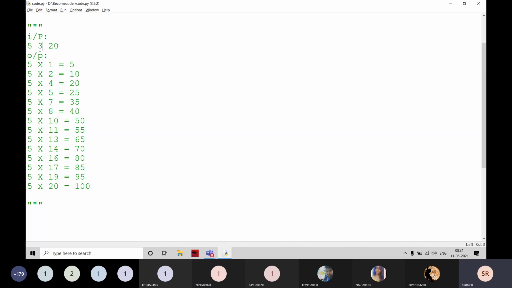Is it clear? For example, I am going to write 5 and 4. I am not going to display 5 4s are 20, 5 8s are 40 and like that. Just think what the program is. Just don't give static values.